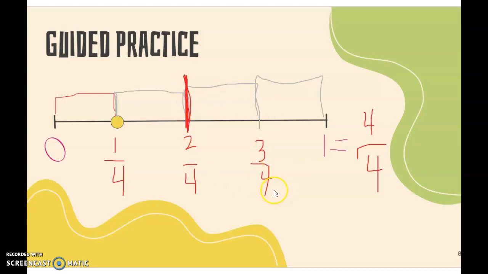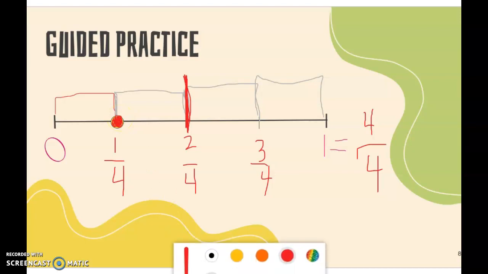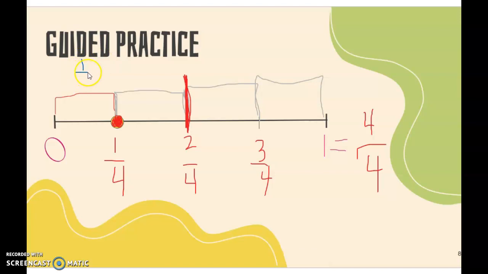So if I want to plot 1/4 on my number line, 1/4 will plot here. It's already a unit fraction, so I don't have to try to decompose it. But do remember that each section does represent a fourth, 1/4,